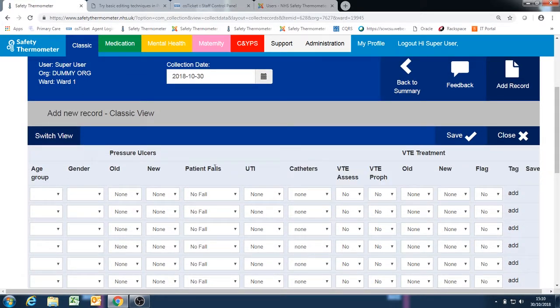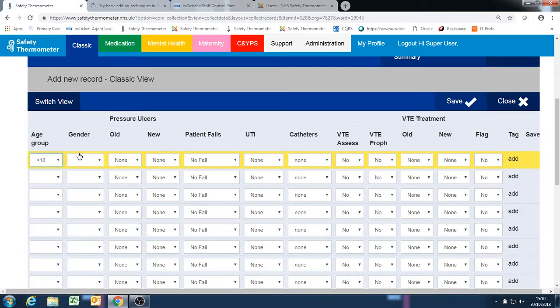As you begin to add the details of the first record, you will notice that the background of the record will turn yellow. This is to indicate that the record is incomplete, and it will turn green once you have added an age group and a gender. Only green records can be saved. All of the other measures will default to none or no and will need to be changed according to your surveys collected. If we add a couple of surveys here,